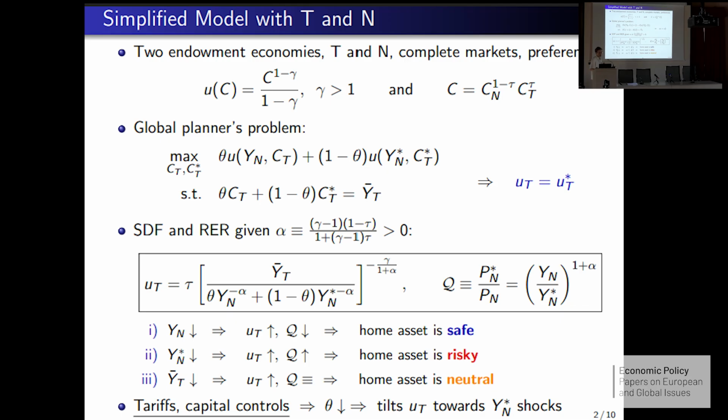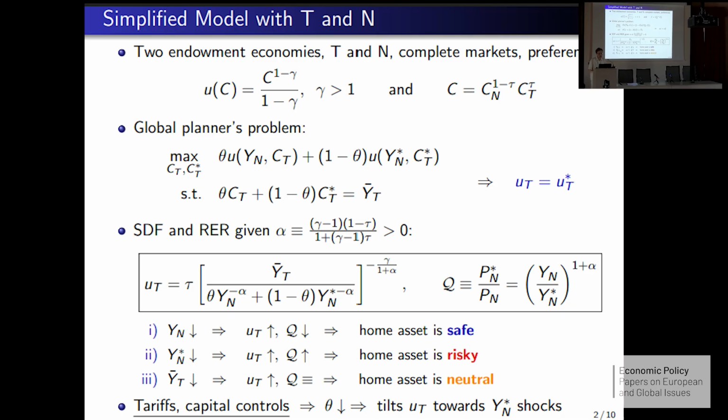And so here are the main takeaways. There are 3 potential output shocks. It can be non-tradable or tradable in each country. And it turns out that no matter which one goes down, it's always a bad state of the world. This is exactly what you get from this elasticity: the tradables and non-tradables enter the stochastic discount factor in such a way that no matter which endowment goes down, you always get an increase in the SDF for tradable goods. So this is a bad state, but the response of the exchange rate will be different.